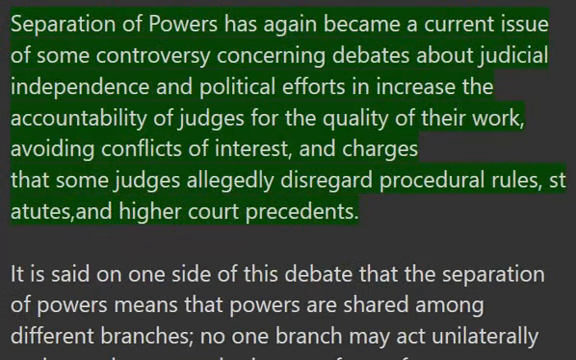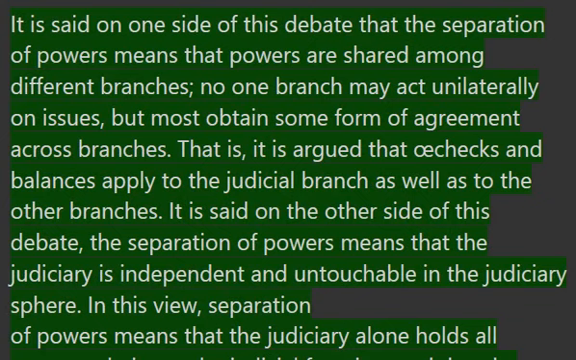Separation of powers has again become a current issue of some controversy concerning debates about judicial independence and political efforts to increase the accountability of judges for the quality of their work, avoiding conflicts of interest, and charges that some judges allegedly disregard procedural rules, statutes and higher court precedents. It is said on one side of this debate that the separation of powers means that powers are shared among different branches. No one branch may act unilaterally on issues, but must obtain some form of agreement across branches. That is, it is argued that checks and balances apply to the judicial branch as well as to the other